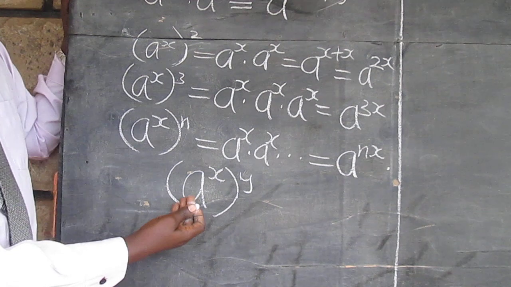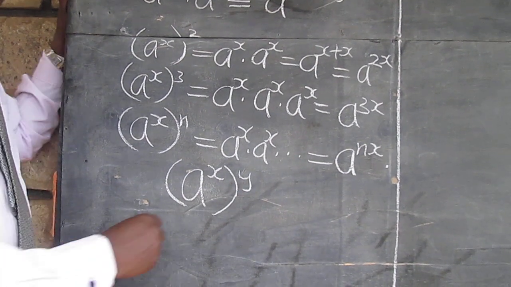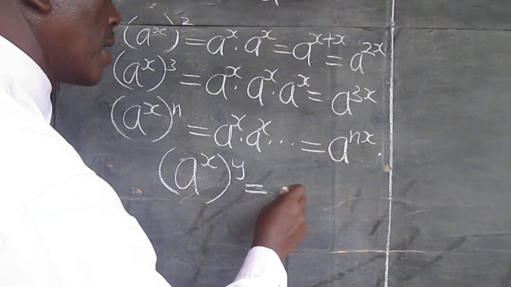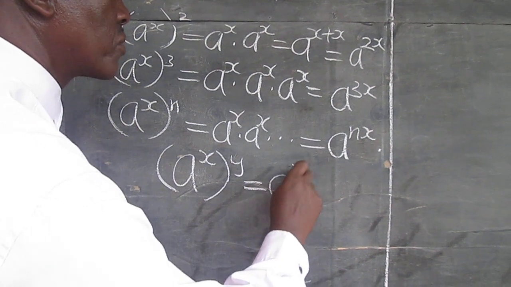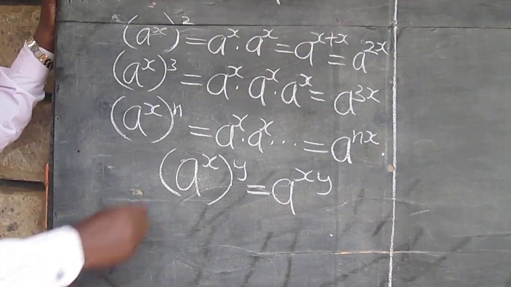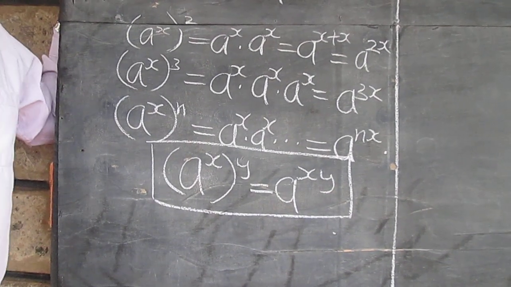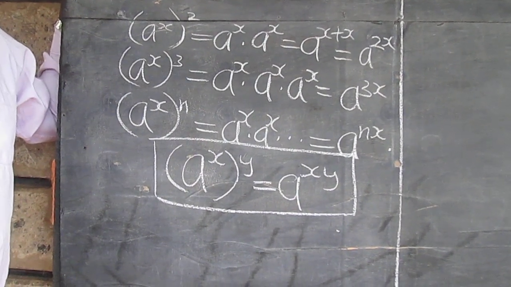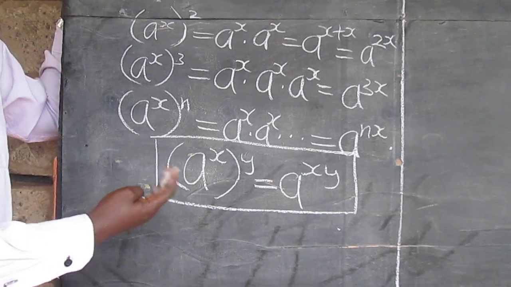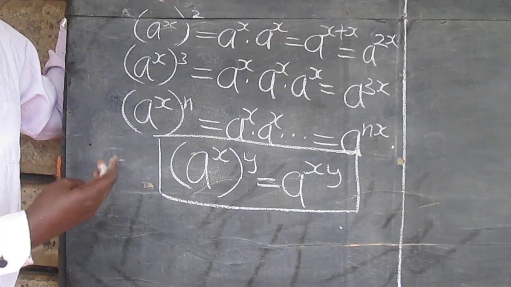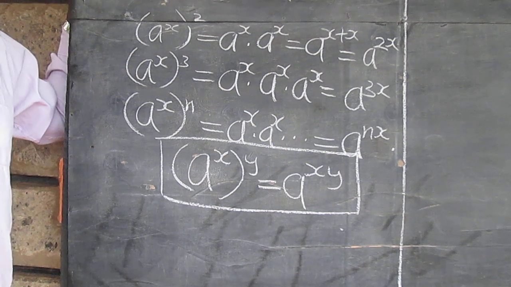And therefore, (a raised to x) raised to y would be the same as a raised to xy. And this law, therefore, gives us